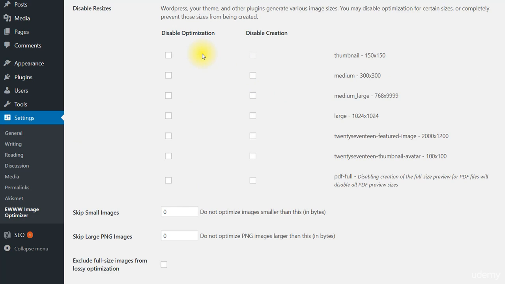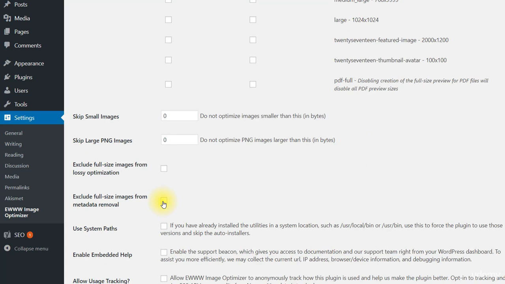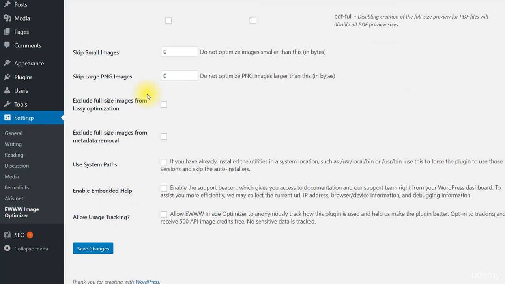Similar to the TinyPNG plugin, here also, for each image you upload, thumbnail, medium, medium large, and large images are created by default, and 2 additional images are created because of the theme I'm using, that is the 2017 theme from WordPress. As I said before, you may exclude full-size images from metadata removal or